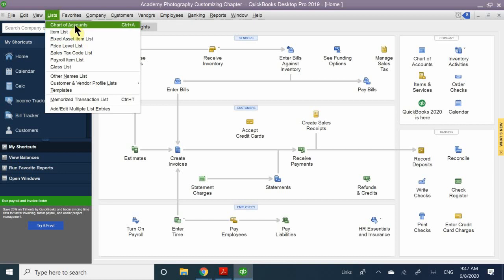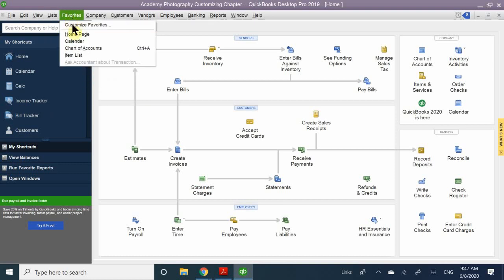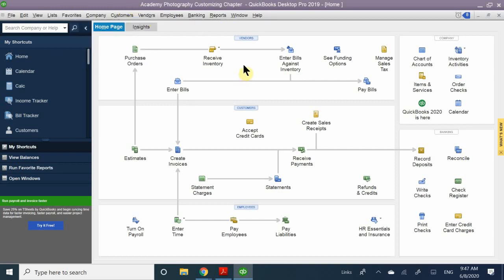Now, if we customize our icon bar, you can also have the items list there. It's not a preset one, but if you customize it, you can create the items list there. You can also create the items list on your favorites menu if you customize it. And lastly, on your home page, if you look under company, on the top right, you have items and